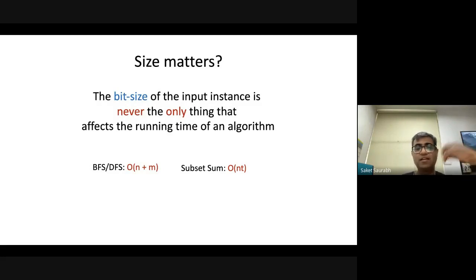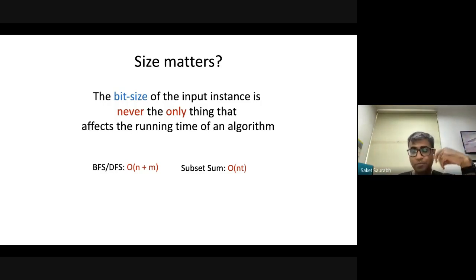Imagine that the target is like a polynomial, right? And why is it N times T? Because for the target, the number of bits you need is log T bits, right? So if subset sum were polynomial time, we would need an algorithm with running time N times log T to the power of some constant. In terms of input size, the subset sum algorithm is actually an exponential algorithm, where T is 2 to the power of the number of bits required for the target. So it is an FPT algorithm in that sense, but we'll see what I mean by this in a minute.